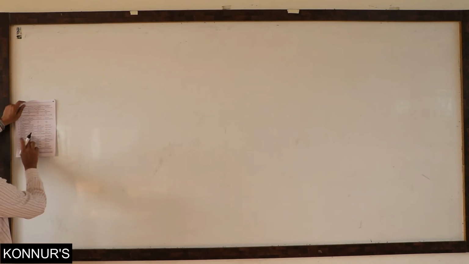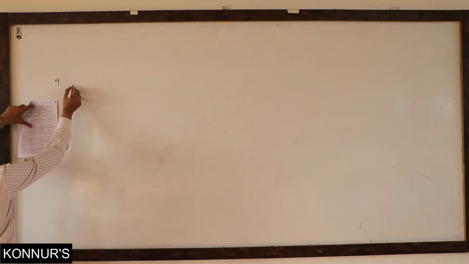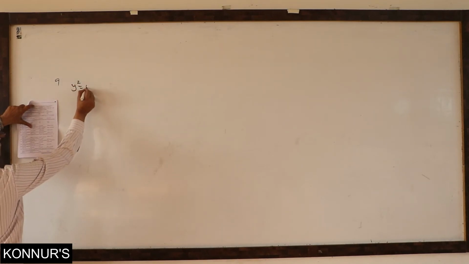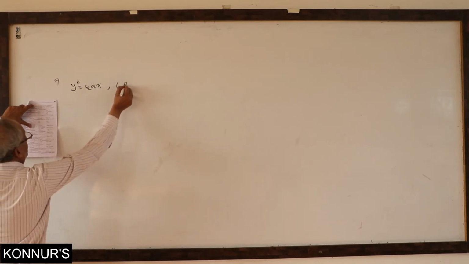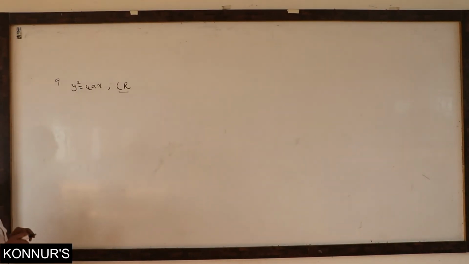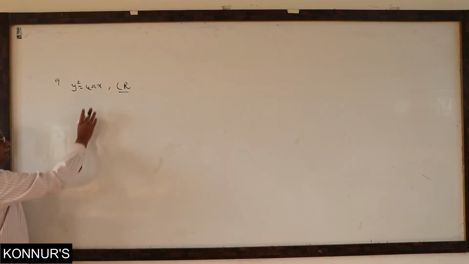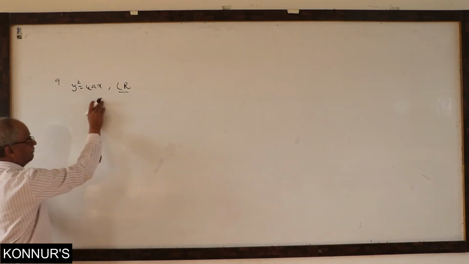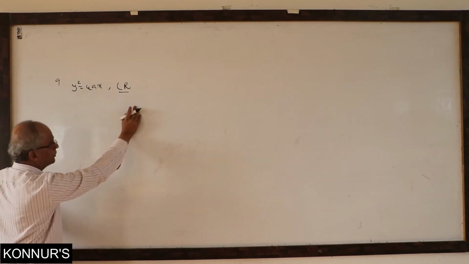Now, next is again a geometry problem. Area lying between y square equal to 4ax and its latus rectum. If you know geometry only, this question is possible. If you are not perfect with coordinate geometry, in the areas chapter you get 90% zero. You cannot do anything. Okay. Hence you must be very perfectly practiced in geometry. Then you can start this type of questions.